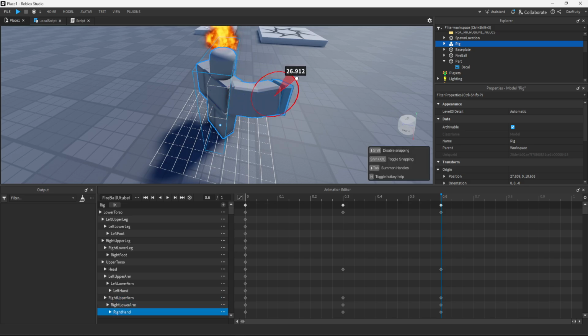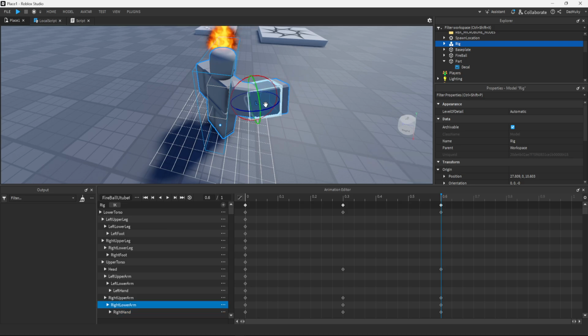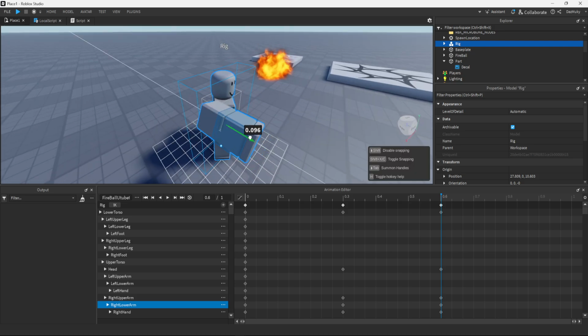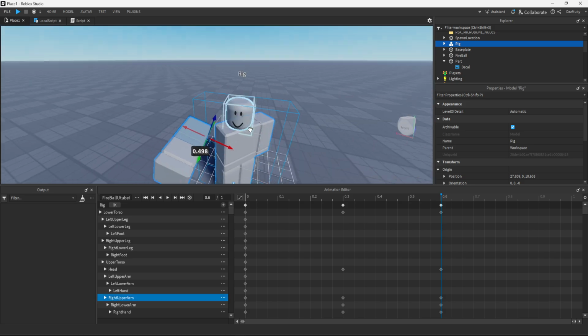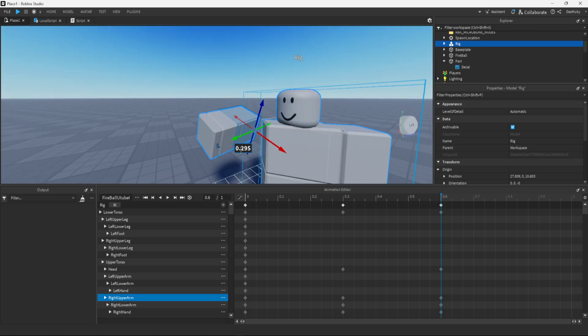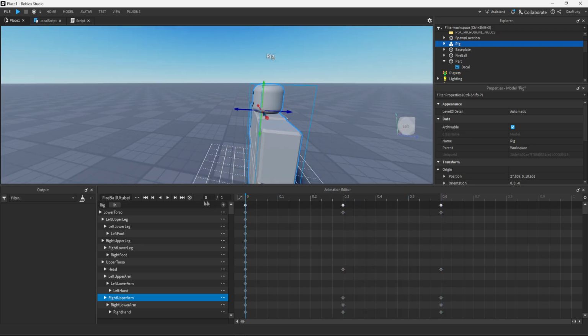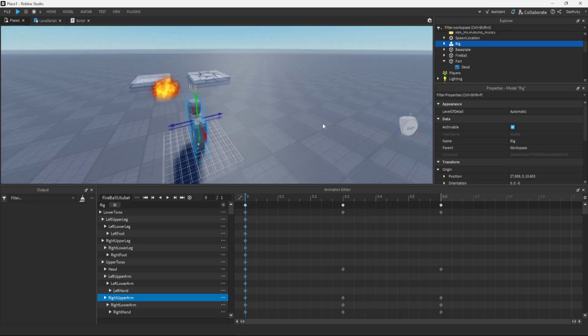Obviously this can be a lot easier if you've got something like Moon Animator or Blender, but I'm just showing the beginners here how you sort of go about doing this. So if we click this, do that, you can get some really quick things going quite quickly. So we'll do something like this. So this is what it looks like. If we hit the space key,